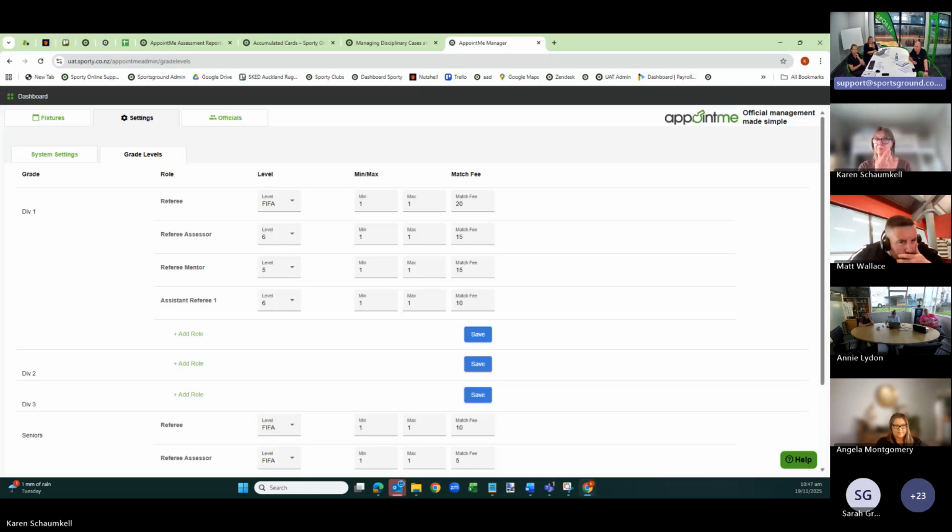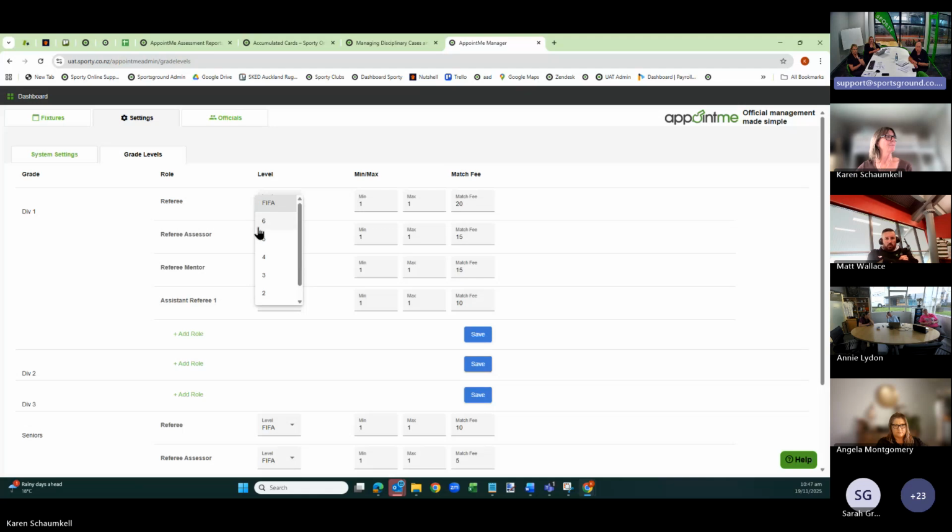And then just to follow up from that one, if Karen expanded one of the levels there, we'd note that the levels that are currently in place, this is our testing environment, are not the levels that we currently have in place in your production. So in our production version, we have levels 1 through to 6, with level 6 in FIFA being the top level, but we do have an extra level here in UAT.